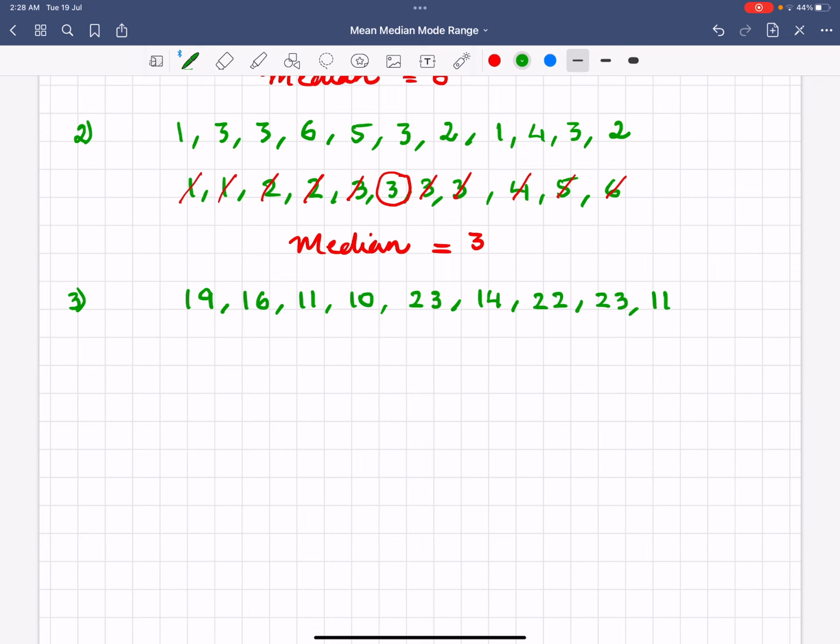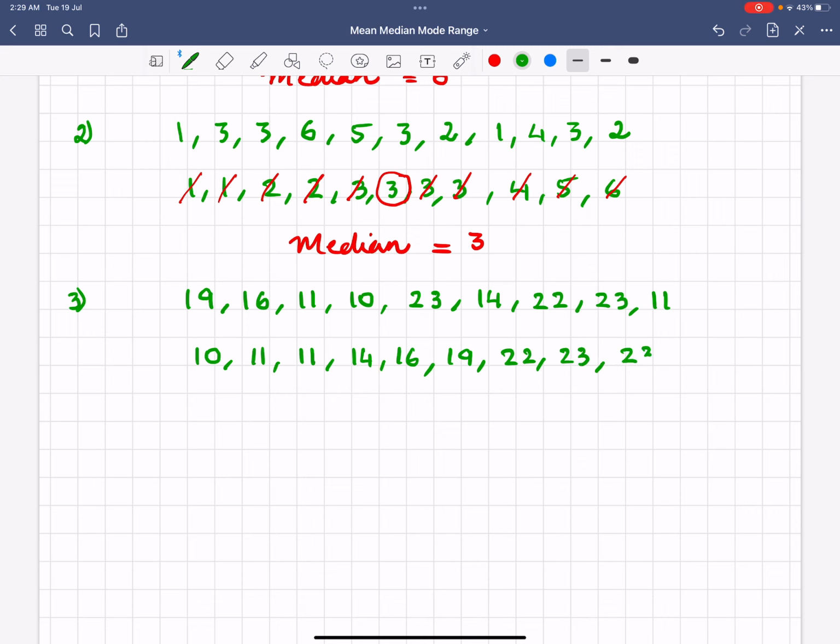So first we will put the numbers in ascending order or from smallest to largest. Let's write the numbers. We have the numbers in ascending order as 10, 11, 11, 14, 16, 19, 22, 23,